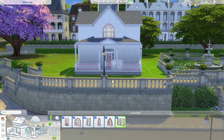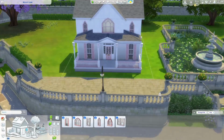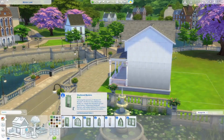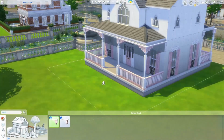But at first I was thinking that I was going to use these windows with the shutters, but I decided to instead have this on the side of the house, and in that area I actually made some bay windows. I also really loved how these very tiny windows looked on the top floor. At the moment it looks a bit strange, but I ended up breaking up that wall with a couple of